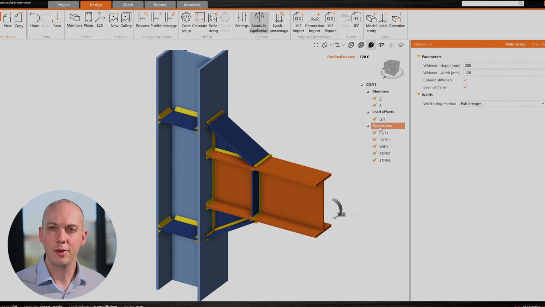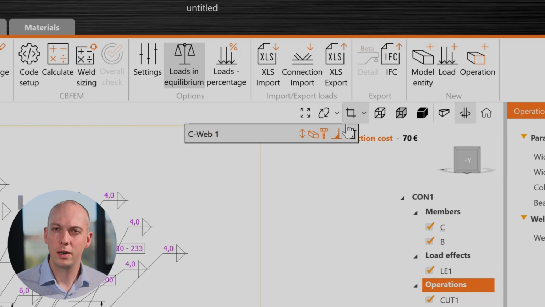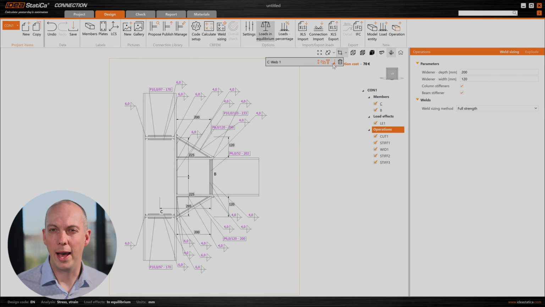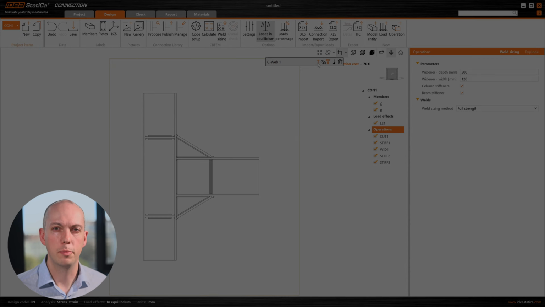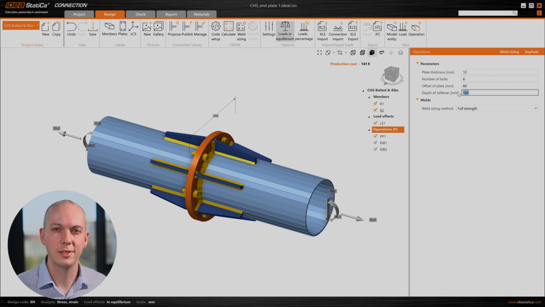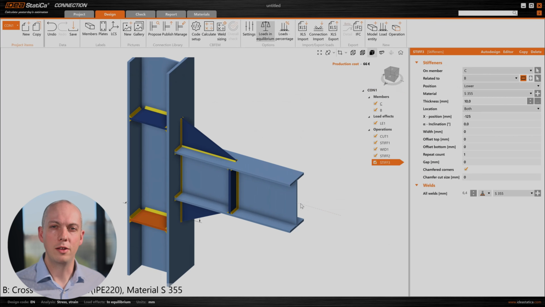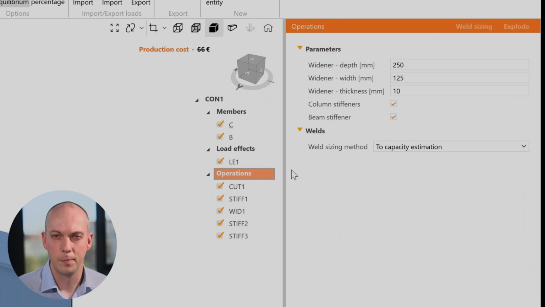You can now design all your welds with a single button. When it's time to hand your work over, sketches are more readable and customizable. And by applying the concept of parametric templates, you can now design simple connections in just a couple of clicks. You will find them in your connection library.